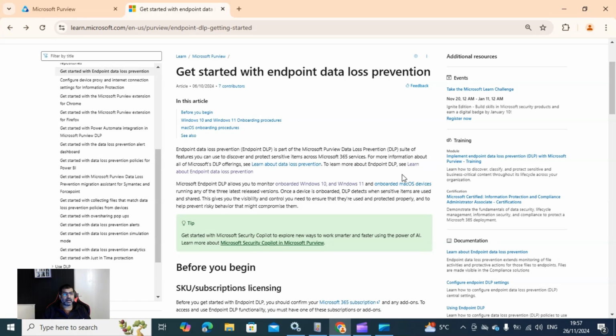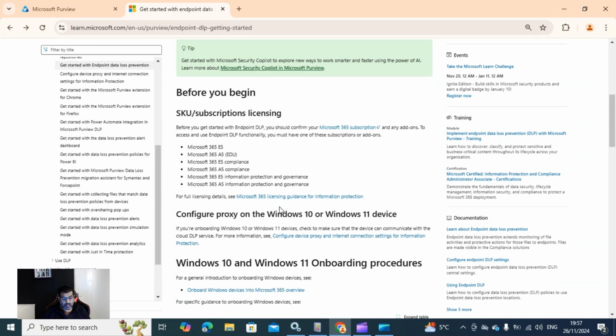Before we start, there are again some prerequisites. These are the licenses that you need to have. If you have Microsoft 365 E5, it's well and good. You don't need to worry about anything, as any of the licenses that you have here is compatible with onboarding your devices and utilizing endpoint data loss prevention. Or if you want to buy a specific one, then it's Microsoft Defender for Endpoint Plan 2. That is the one used to onboard the devices for endpoint data loss prevention on your endpoint